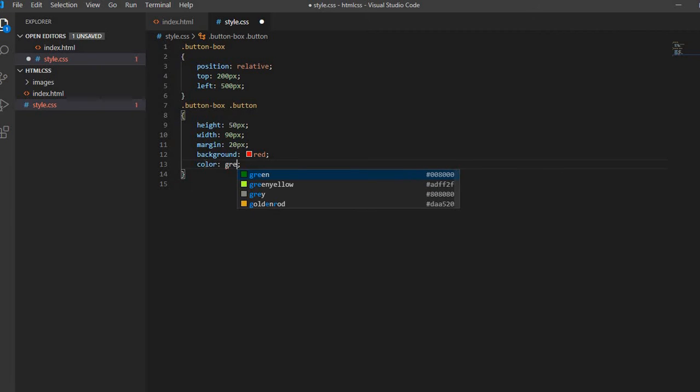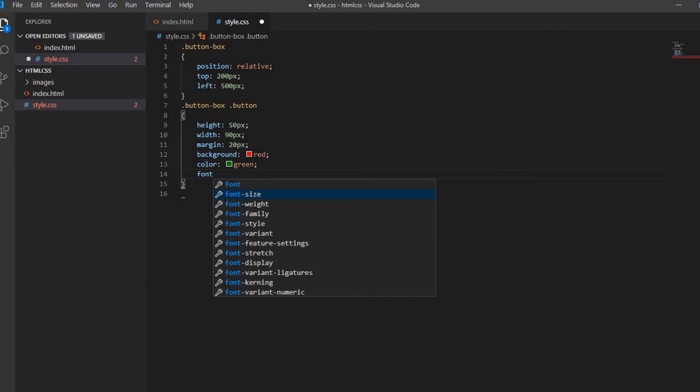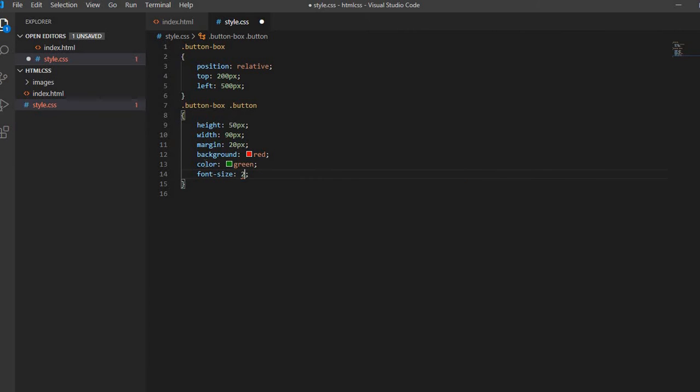Color is green and font size is 20 pixel. You can see that the color of the font is green and its size is 20 pixel.